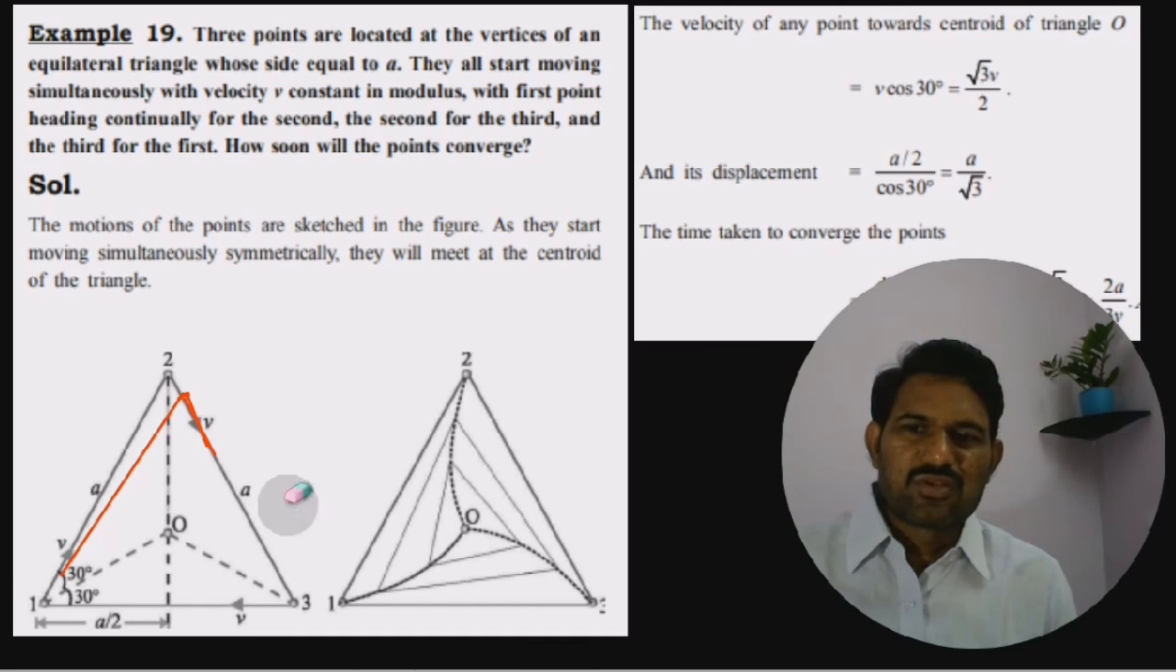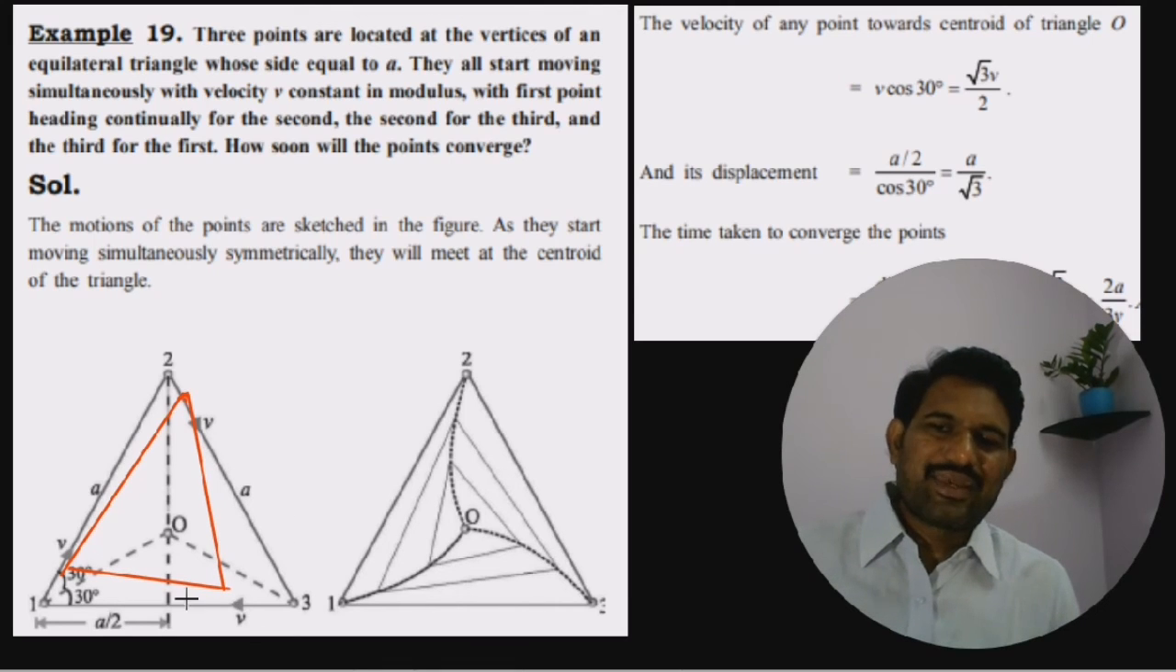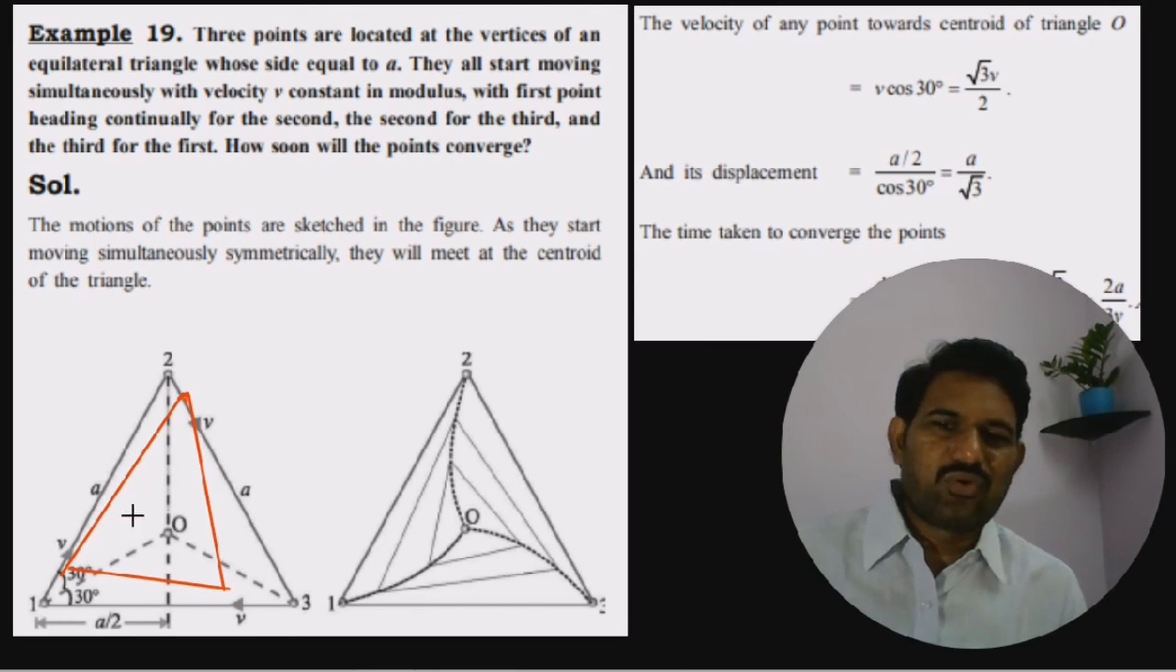So the velocity of the third particle will be directed towards this, and the second particle is directed towards this third particle here. So the third particle will be somewhere actually here, so the third particle direction is like this. That means again they will be at the sides of the triangle only, but the side of this triangle